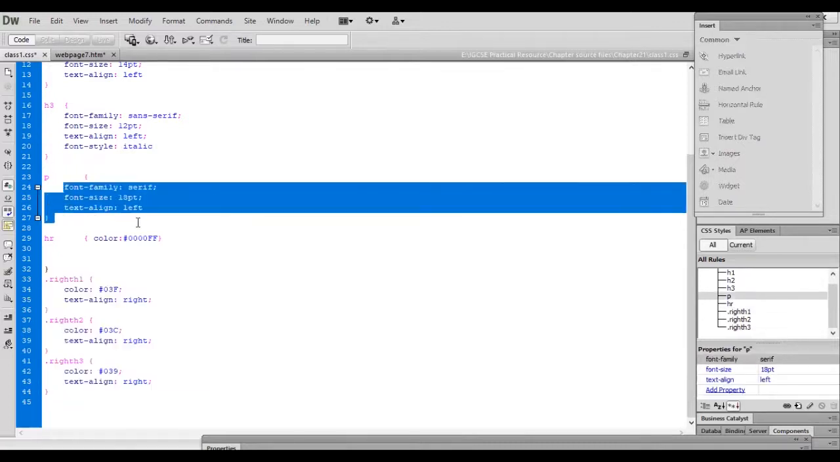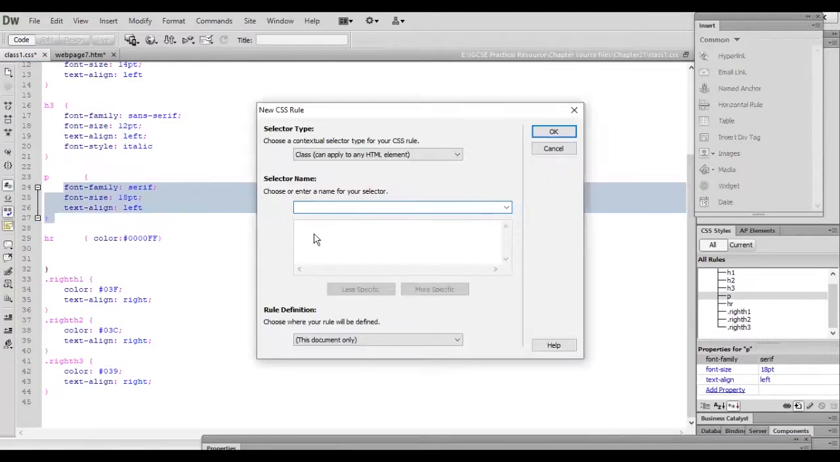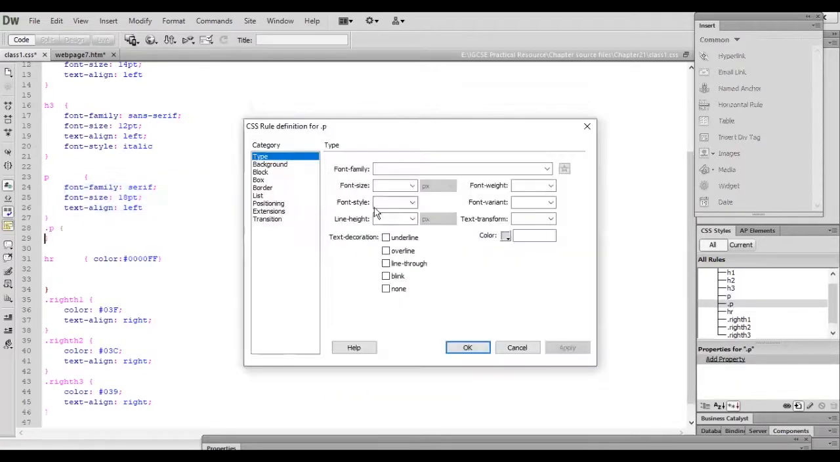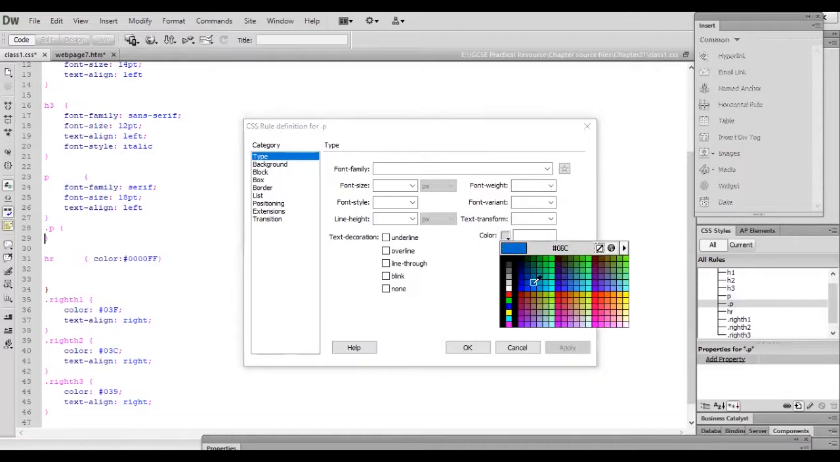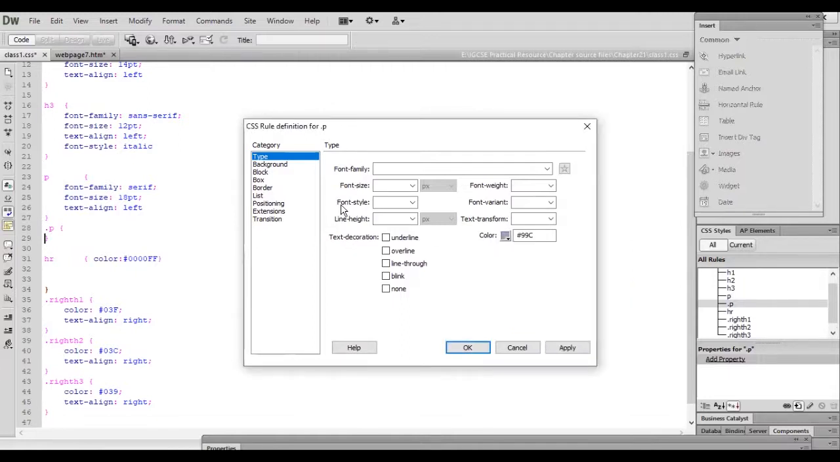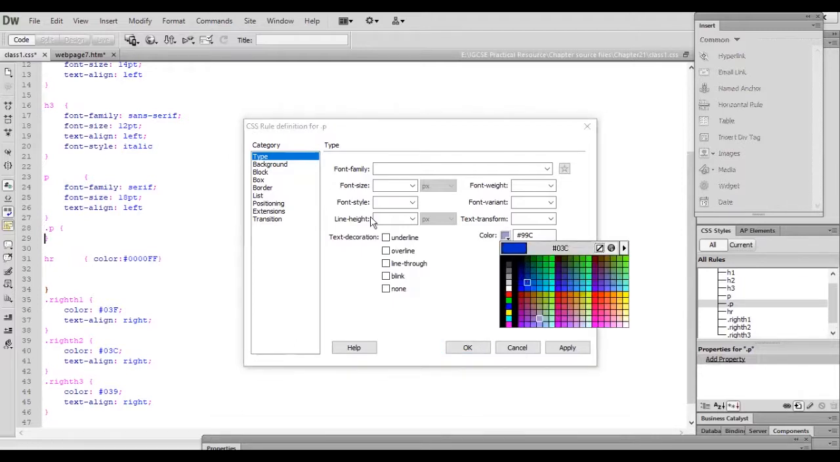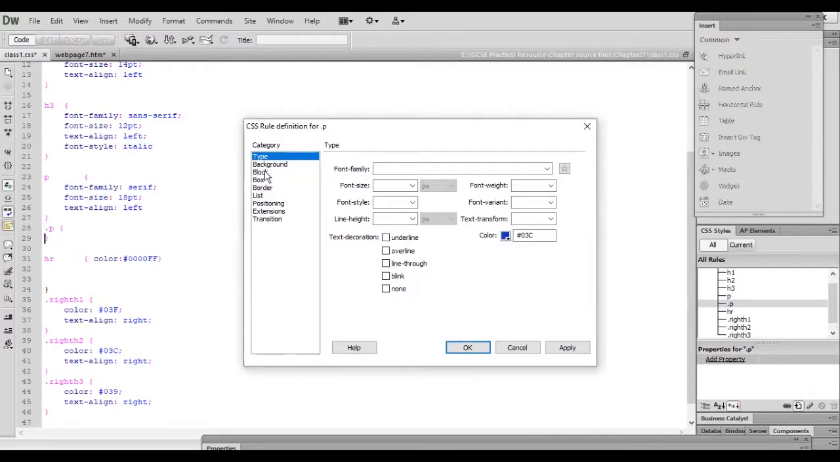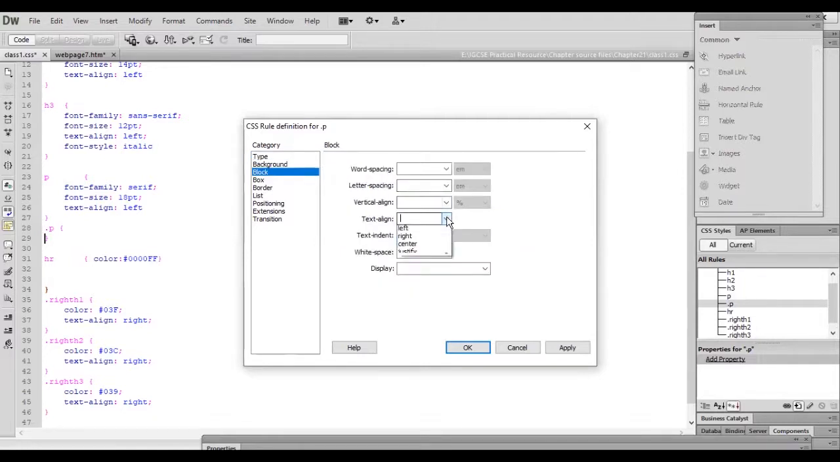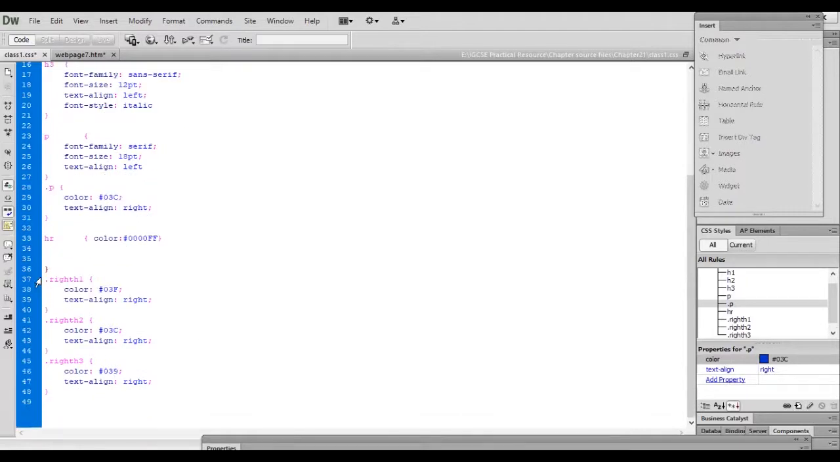So let's change a paragraph style. P, name it first, and the color is, suppose I would like to have this color for a paragraph, and the style is, no, let's have the same color and the alignment is also the same. Right. So now